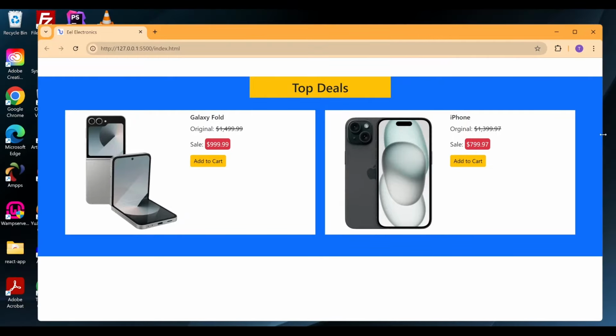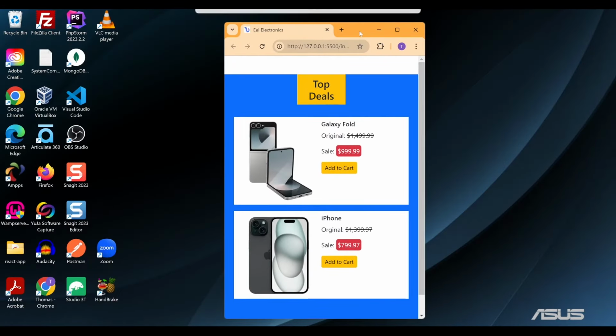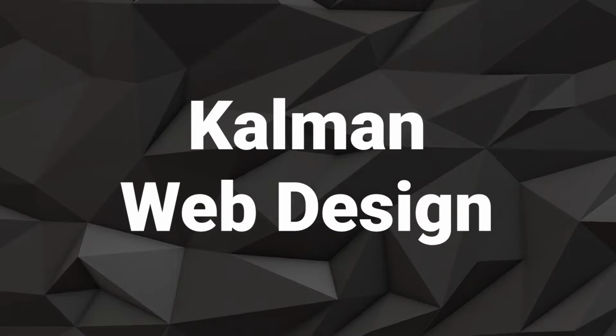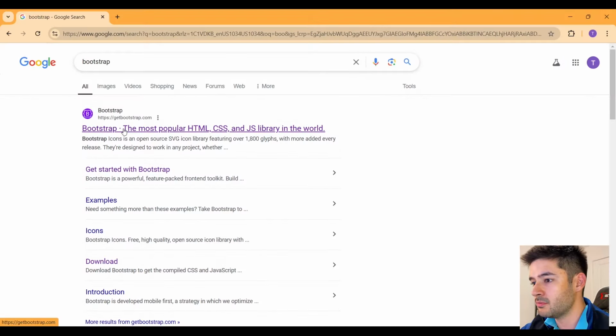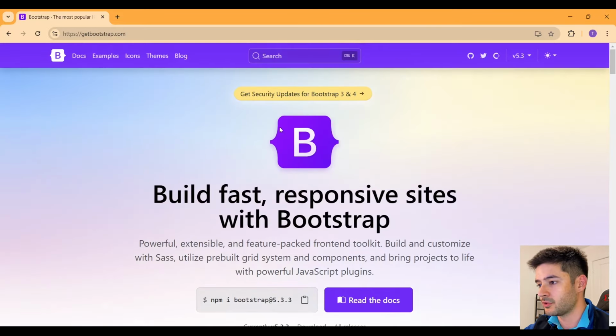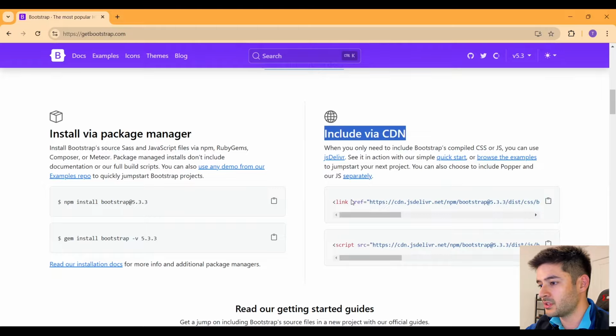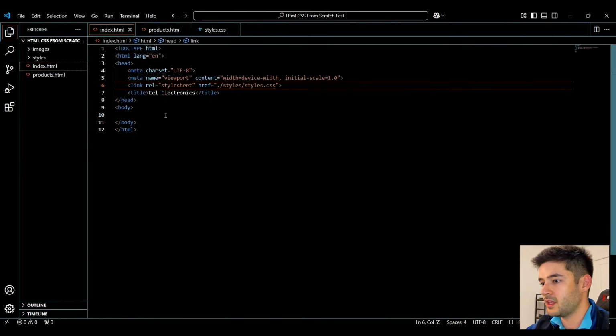Create product cards with HTML and Bootstrap fast. So we want to navigate to Bootstrap right here, and this will be linked down below in the description. And what we want to do is click on this first one here. So all we need to do is copy both of these CDNs here and go ahead and paste them into